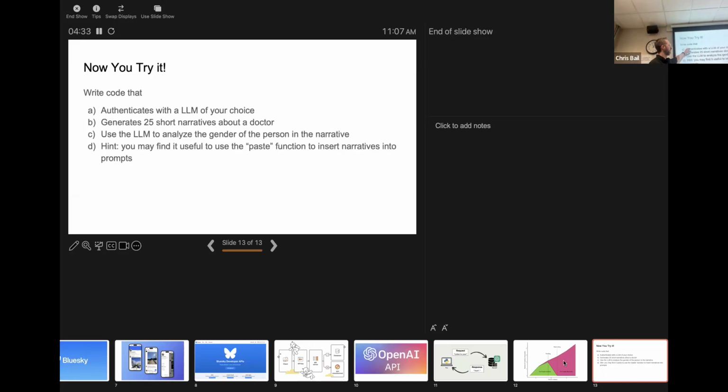Okay, so you authenticate with an LLM of your choice. If you're using the local model, you don't need to authenticate, by the way, for most of them. And the second task is to generate 25 short narratives about a doctor. So here what I mean is give it a prompt that says,